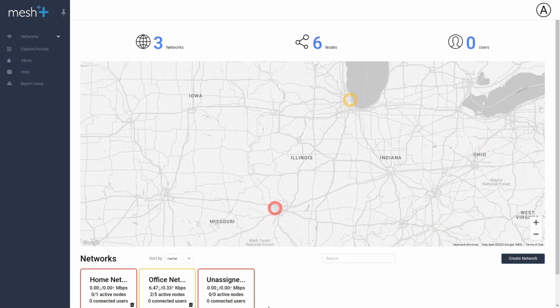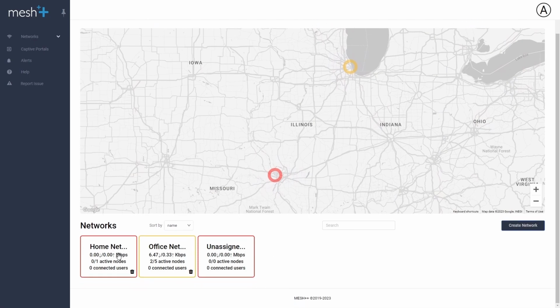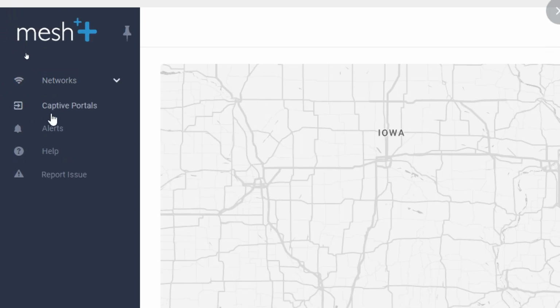Once logged in, you'll be taken to a list of all networks already created on your account. First, let us quickly go through the navigation menu. Aside from the network drop-down list, here you can access all the captive portals created on this account, check on real-time network alerts and manage their settings, revisit any of these tutorial videos, and report an issue by contacting us